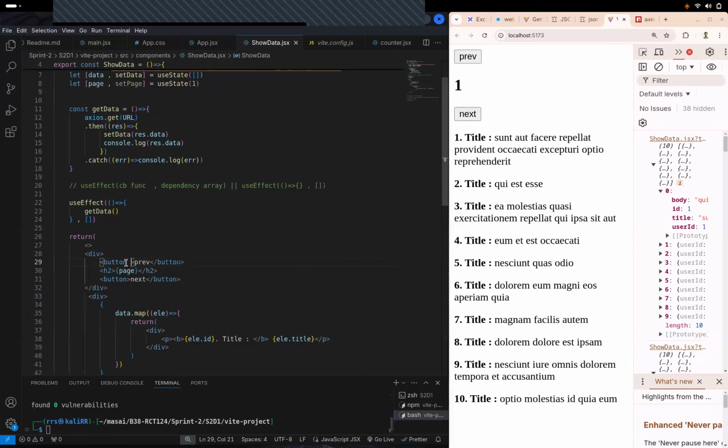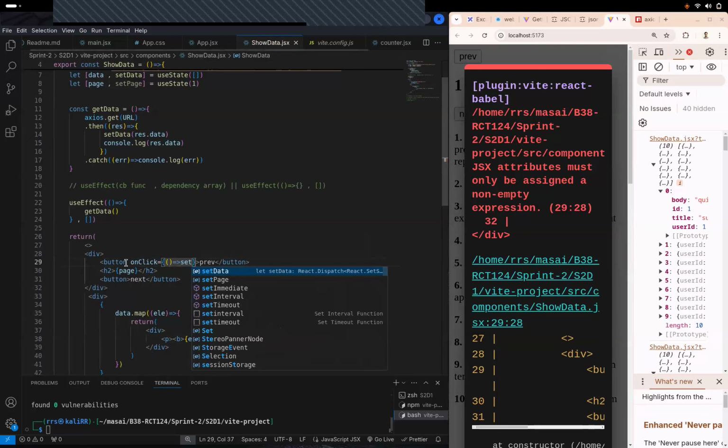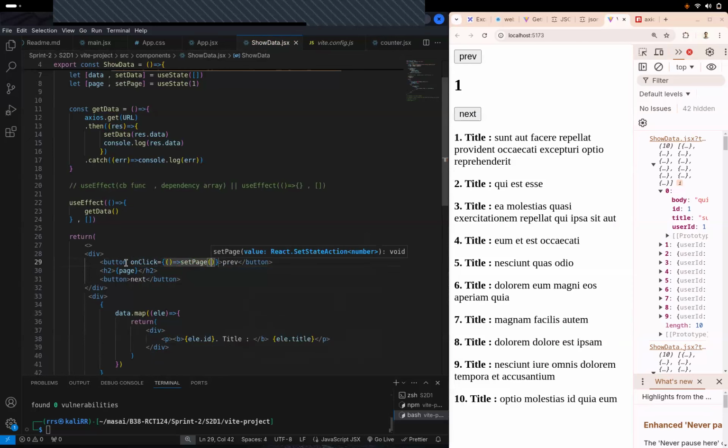So let's do that. On click, I'm doing set page, and this will be previous, meaning page minus 1. And I'll just copy this entire set and paste it in this button. And this means we are moving to the next page, which means plus 1, right? So next, and previous. Okay, this works.